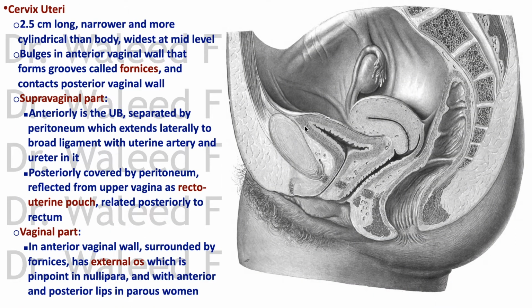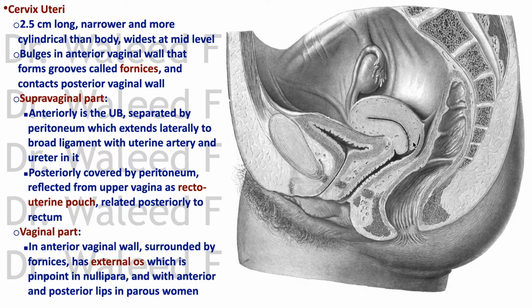The cervix of the uterus is cylindrical. The cervical canal is widest at the mid-level, and it inserts in the anterior wall of the vagina. Please observe, it inserts into the anterior wall of the vagina, not the apex of the vagina. And because of this insertion, it forms a fornix surrounding it. To describe the fornix, it's divided into